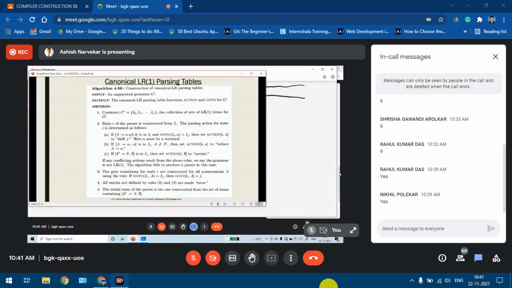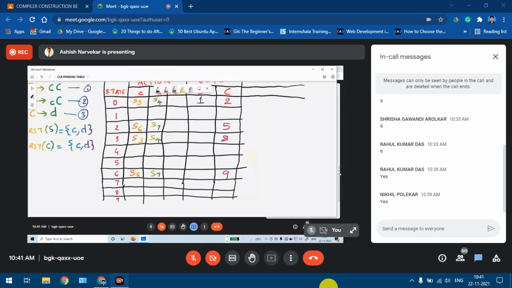Let's just look at the algorithm. It says that if A derives alpha dot comma a is in Ii. Right now, I'll just write the I4 item. It is C gives D dot, comma C slash D. So our Ii will be nothing but I4.